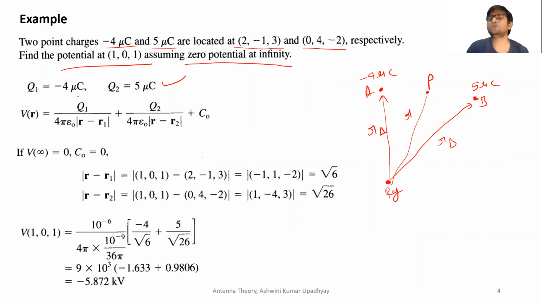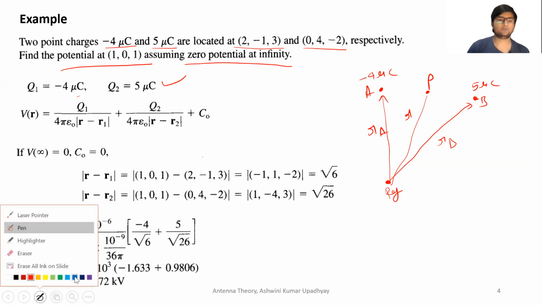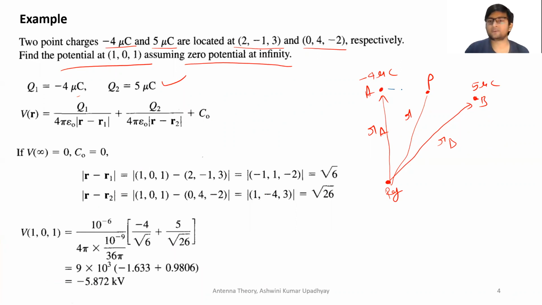So if you want to find the voltage at this point p, because of this first charge -4 microcoulomb and this charge 5 microcoulomb also, then what will you have to apply? You will have to apply this formula: V is equal to q upon 4 pi epsilon and the distance between these 2 points, which is given by r, right? Or let me call it capital R, sorry, because r we have already assumed capital R.